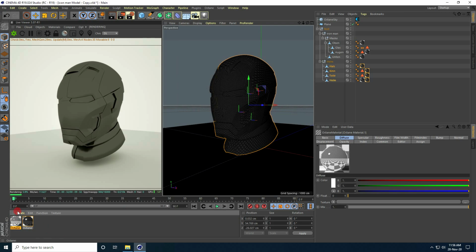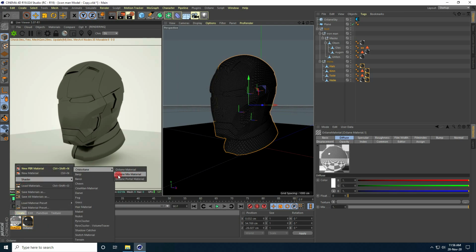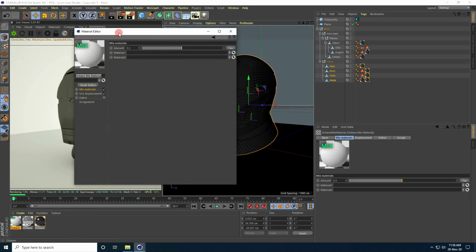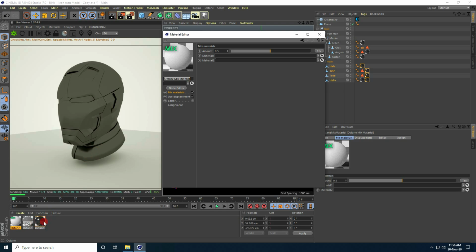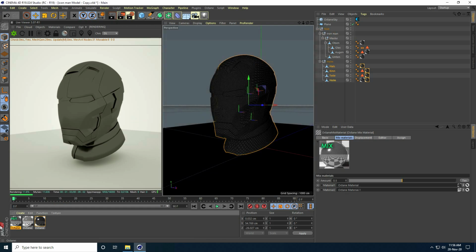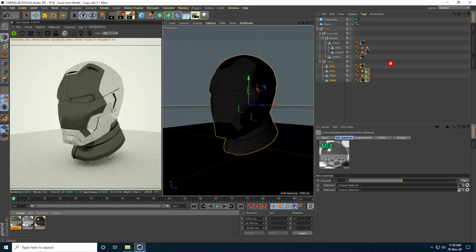And the third one, this time I use mix material, Octane mix material, this one, and open this material. Select this one material, drag and drop in material 1. Yeah, and select this glass material, drag and drop in material 2. Okay, so guys apply mix material on object. So apply on here, apply all, and also this one